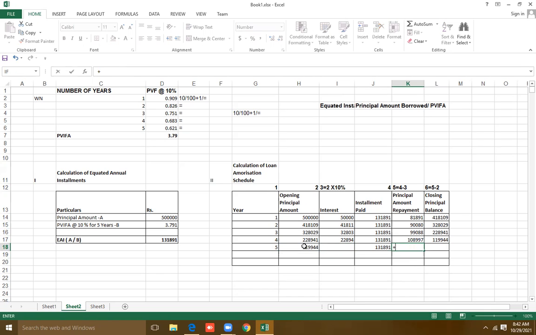Here we will repay the entire principal amount. Why will we repay it? Because we have to make the closing balance 0. Logically it should be 0 only, no? At the end of the fifth year, the balance should be 0 because you would have paid all the amount. So we will do this adjustment. The principal amount repayment will be equal to the opening principal amount for the last year. Now in the last year we will calculate interest as the balancing figure. This is the only difference. Other things will remain the same.